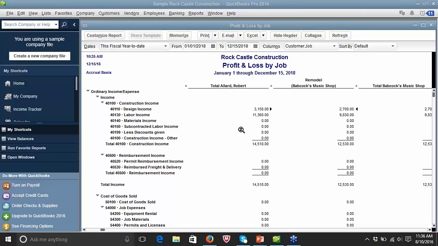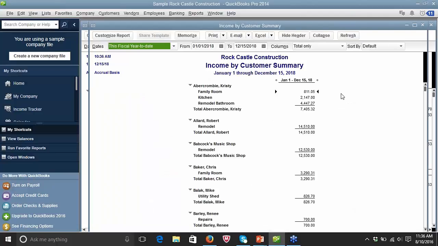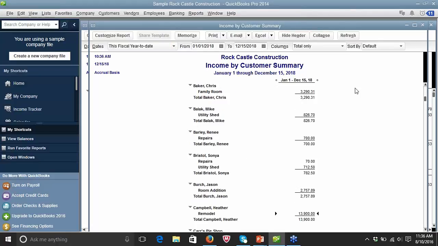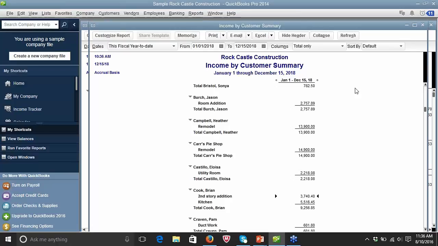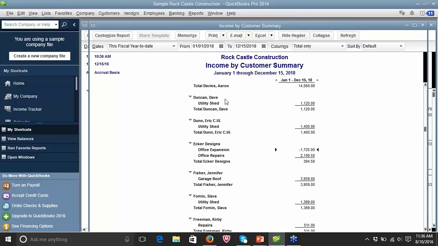Okay, then I'm going to go on to the next type, and this is the one that most people find very useful if they're doing sales. This is your income by customer summary. And you can see, in your case, whatever your company is doing, what is the most profitable customer, and then you can also see if there's changes, if there's a trend, and that customer from prior years has been doing more than current years. So here's your company income summary on a yearly basis, and you can go right in and see every single customer and exactly what they have done.